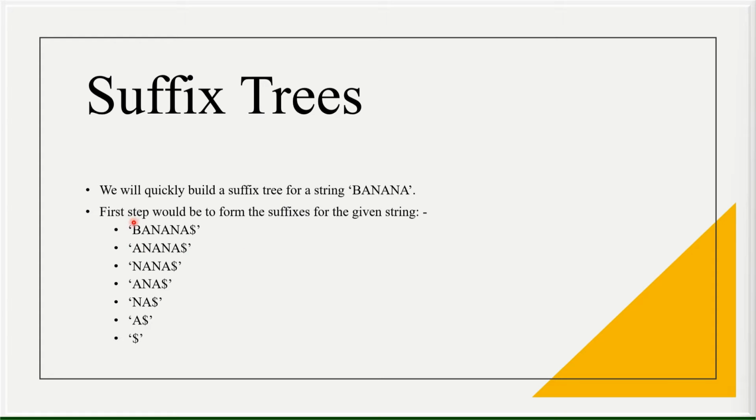You cannot just jump from B to A to N. No, we have to go first, second, third, fourth. No jumping of the characters is allowed. So basically, 7 suffixes are possible for the string banana.